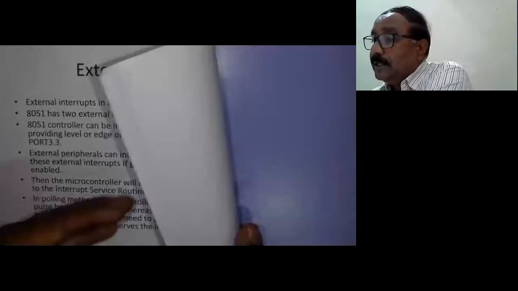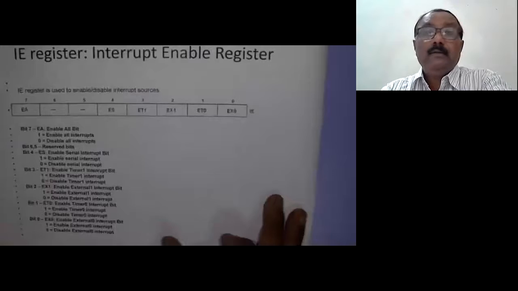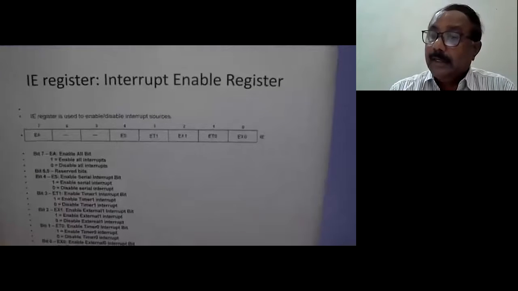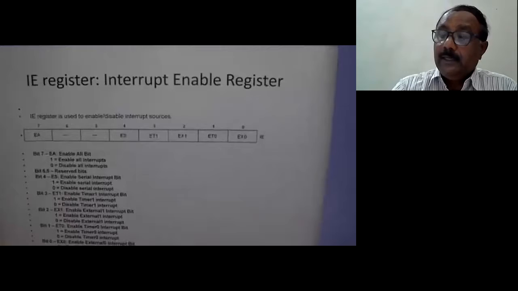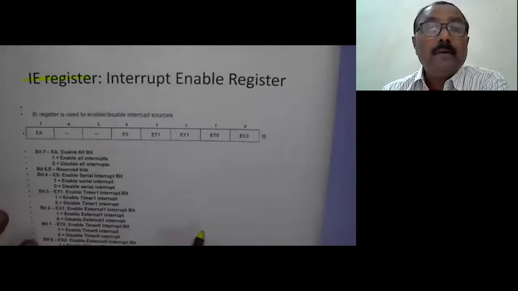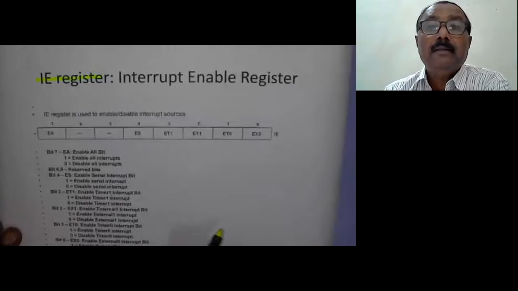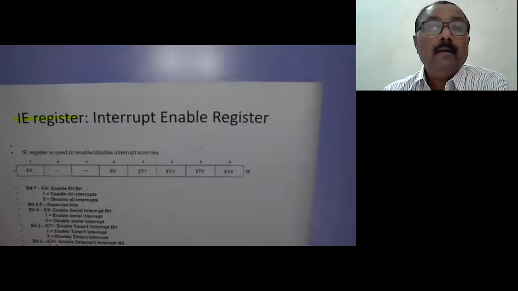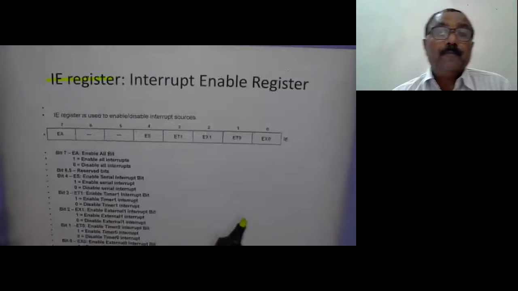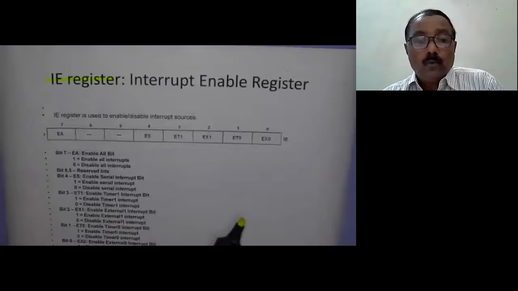We will see them. The first special function register used in case of interrupts is the IE register, the interrupt enable register. For your cell phone, there is a facility for vibration.